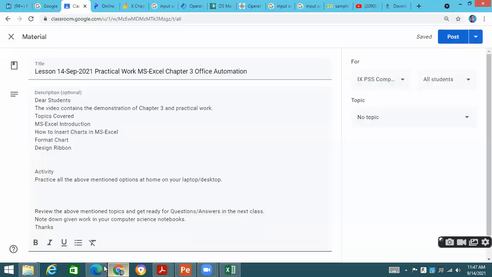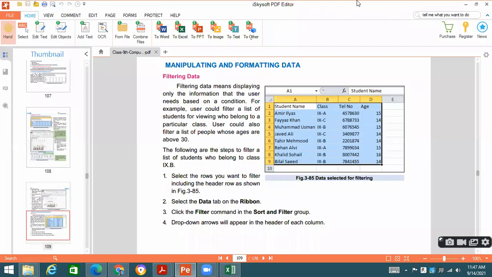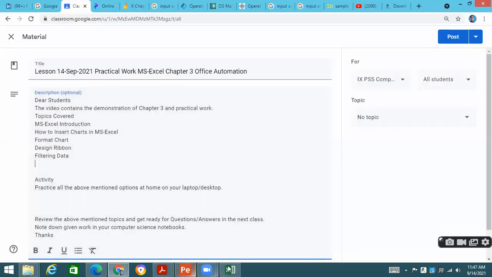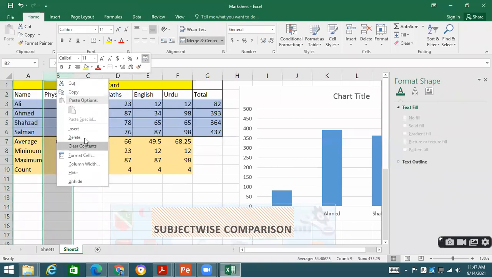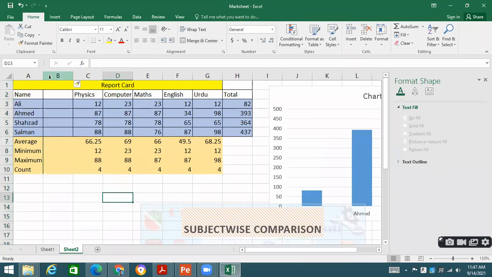Filtering data. This is the one that we are going to cover over here. How to filter data. Filter means the specific data that you want to filter. Let's suppose in this chart, I will have to make some amendment. I'm going to insert one column. How do you insert a column?